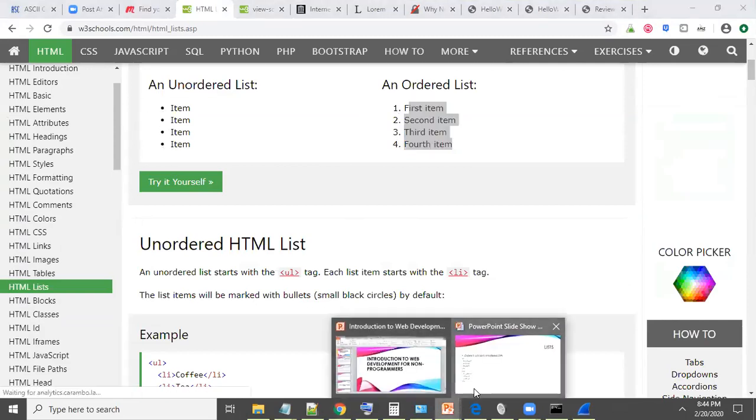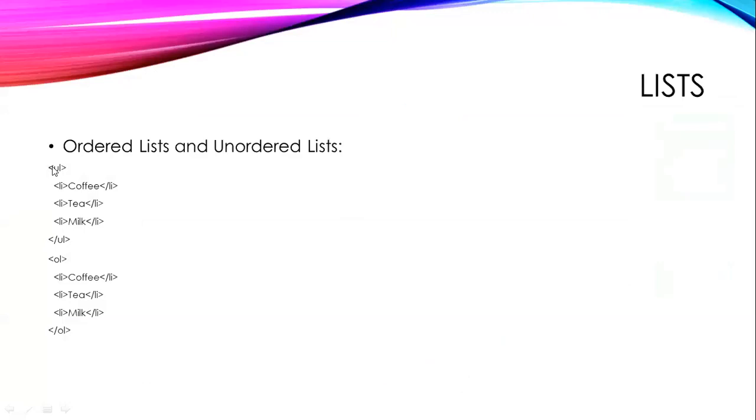And that's shown as follows. To make an unordered list, you would put in angle bracket UL, closed angle bracket, and then at the end of that unordered list, you have a /UL, closed angle bracket, and each of the elements in that list that have a bullet before it, you would wrap with an angle bracket LI, closed angle bracket, and then the name.